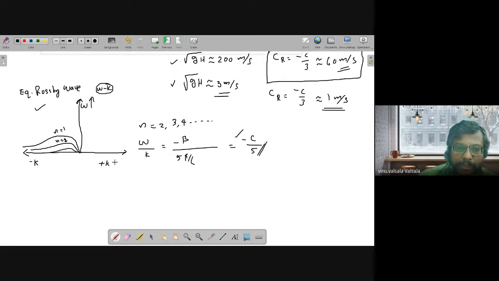And to the right, I can say positive wave number. To the left, I can say negative wave number. Why do I draw the diagram only in the negative side? Because these waves always travel westward. So they have a westward wave number. That is why I used the negative side of the K quadrant to draw the dispersion curve.